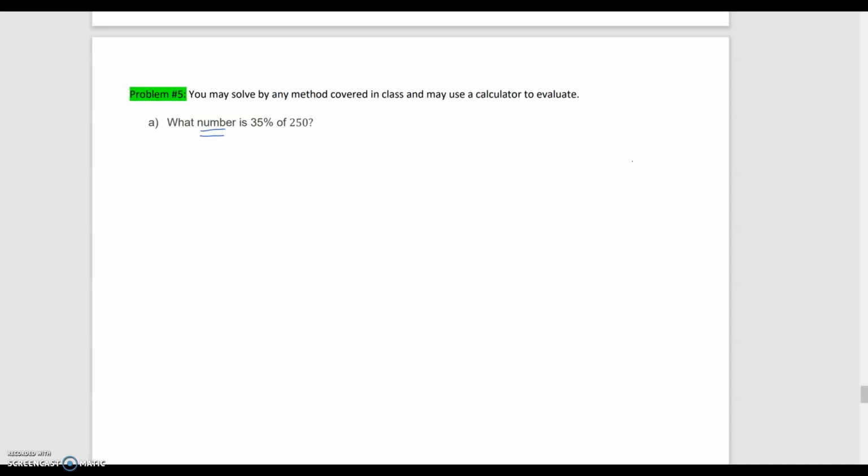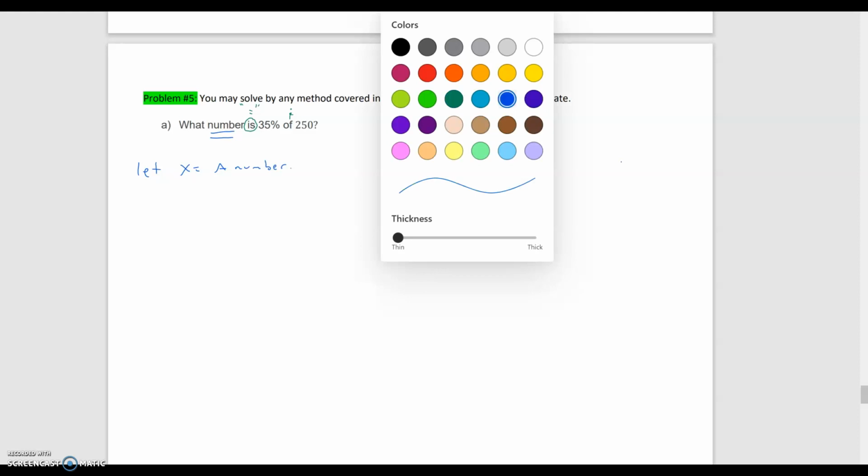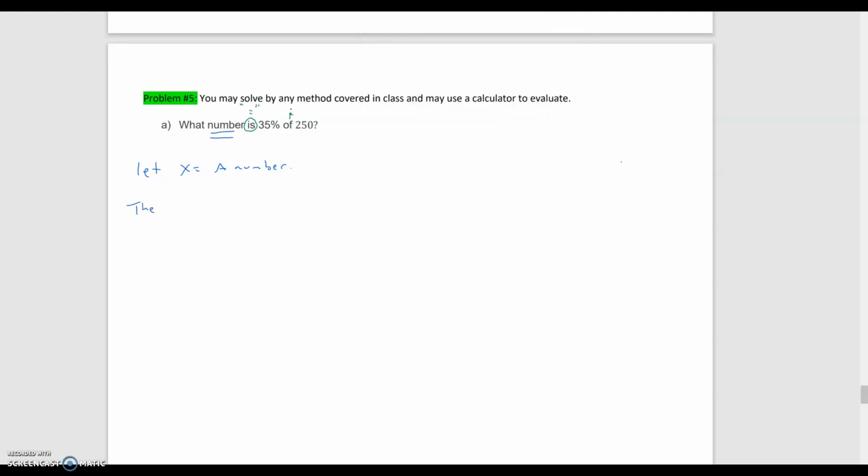In this case, they're referring to a number, so I'll just declare the variable, let x is equal to a number. And remember that what we did here was that we turned the sentence into an equation. Is represents the equal sign, of represents multiplication. So if we do this one by setting up an equation, the equation will read as follows. This one says one number, so that's going to be your x, so in this case, x is equal to,